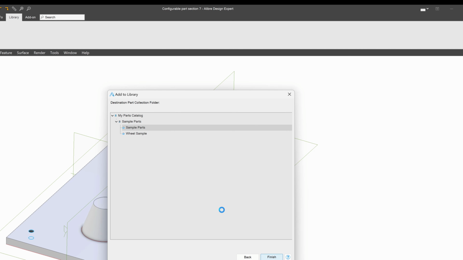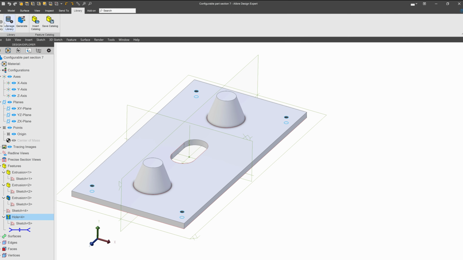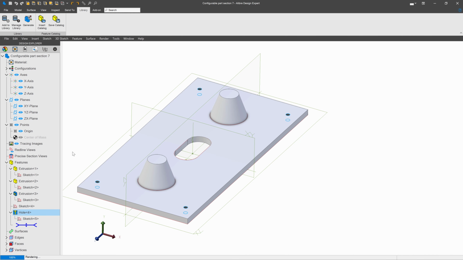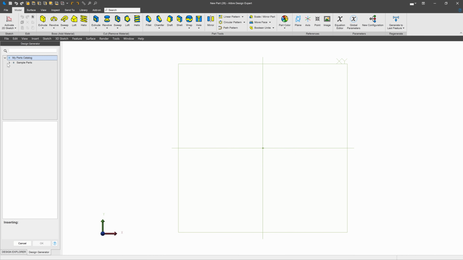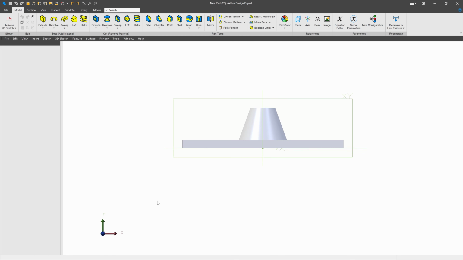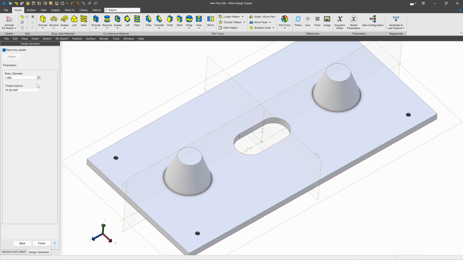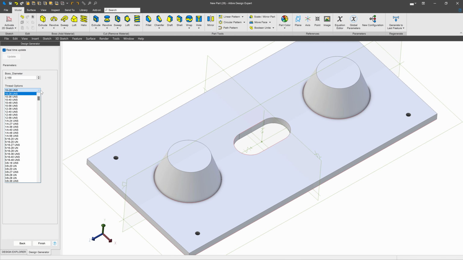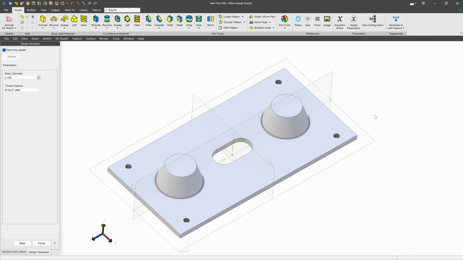And what does this look like in the user interface when we go to configure this? Well, we can say generate sample parts, and just like that, we now can choose our boss diameter that updates in real time. We also can choose our hole size, and it updates in real time with whatever threads the user would like to have from the drop-down. So these are the ways that we can use dynamic part generation to speed up our process and make things